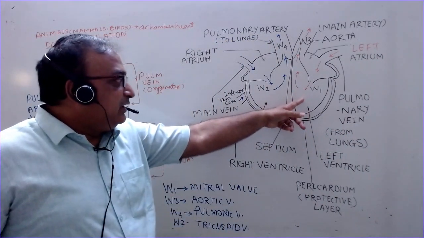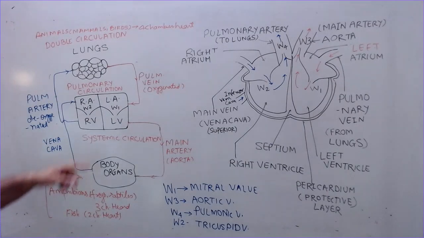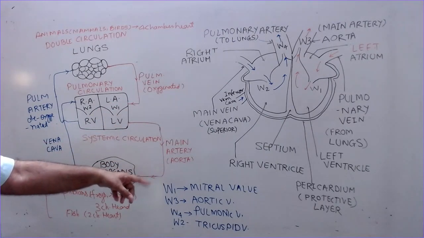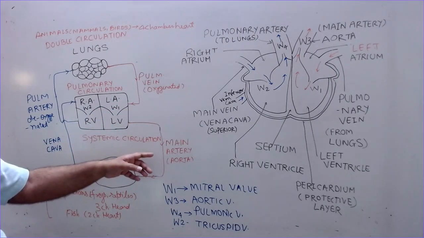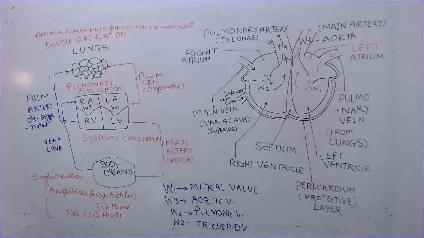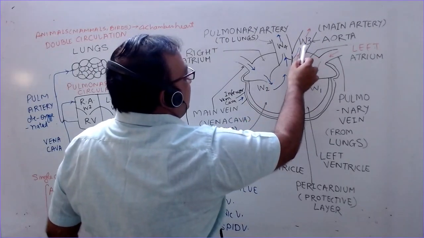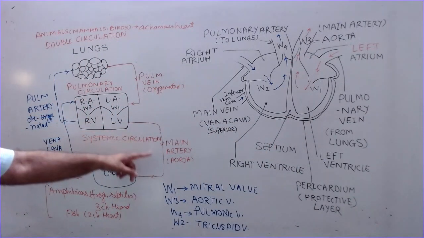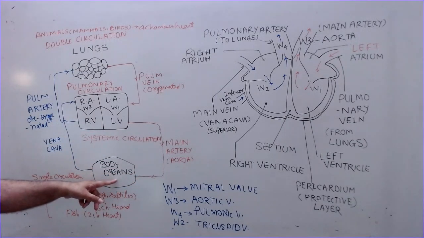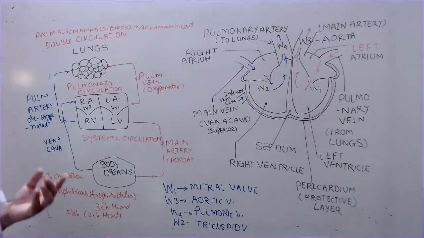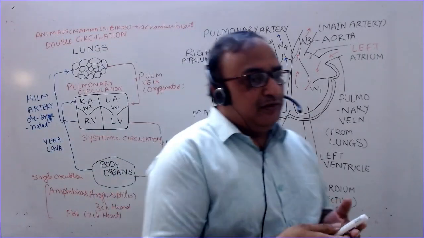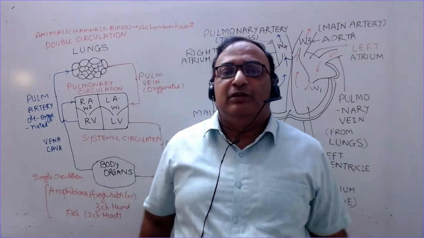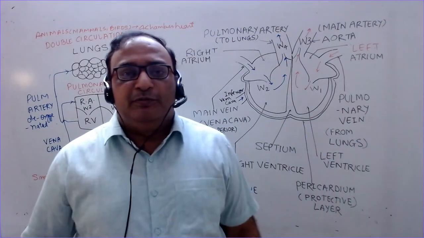So it enters into the left ventricle through this valve, and then it is sent to the different parts of the body. And how is it moving? Through the blood vessel that is known as the main artery, or the aorta. This is the aorta and this is the aortic valve. After this, through the aorta the blood goes to different body organs, like the intestine, the liver, legs, hands, brain, etc. It moves to every cell of the body through the aorta.